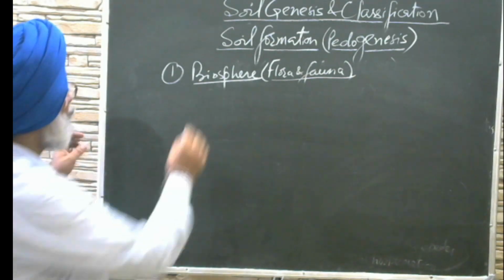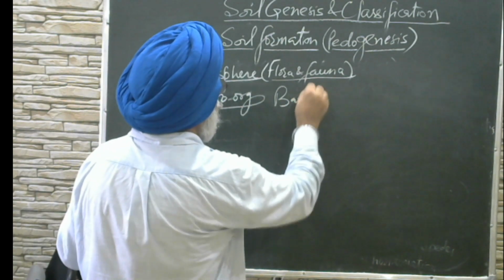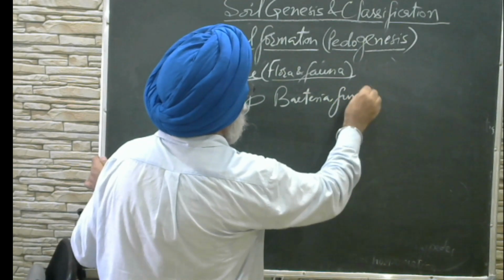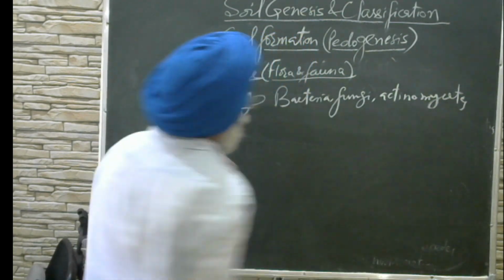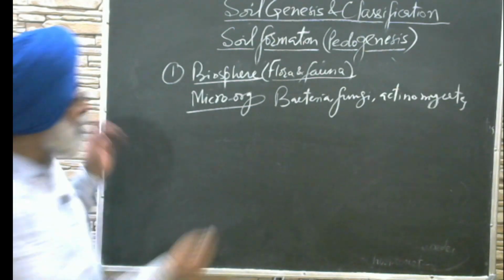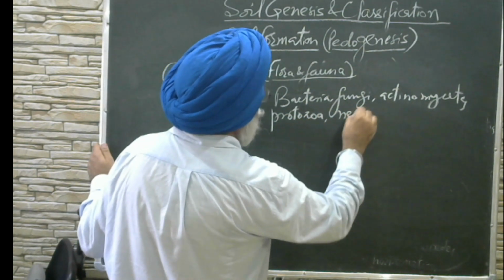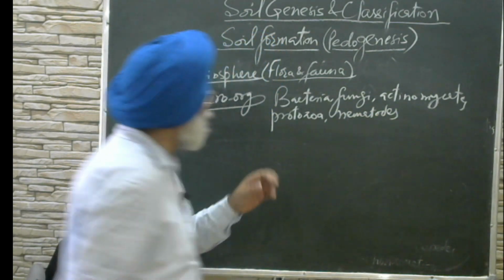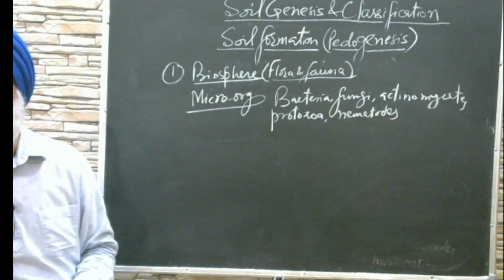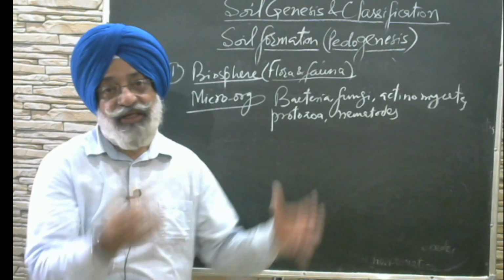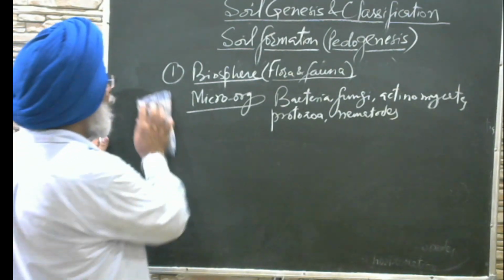And then microorganisms. Just now I said microorganisms, like you have bacteria, fungi, actinomycetes, and some more, maybe protozoa, nematodes. All these microorganisms, particularly the bacteria, help in decomposition of organic matter, and once organic matter decomposition takes place, weak acids then decompose the mineral matter, releasing nutrients, and then the story goes on. Then the third factor is relief